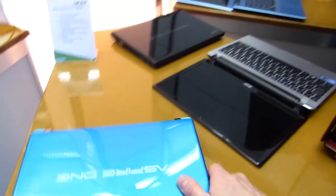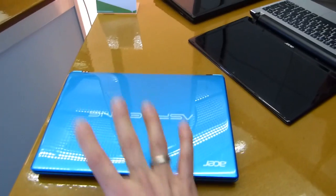So that's the Acer Aspire V5, also the Aspire 1 that will appear in the netbook category